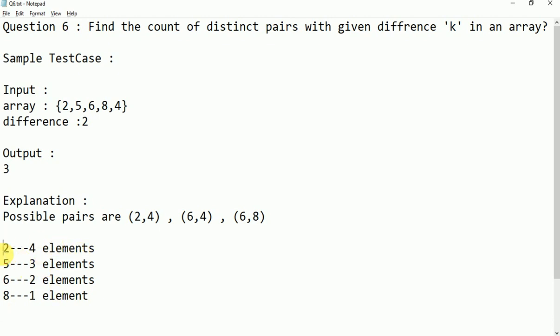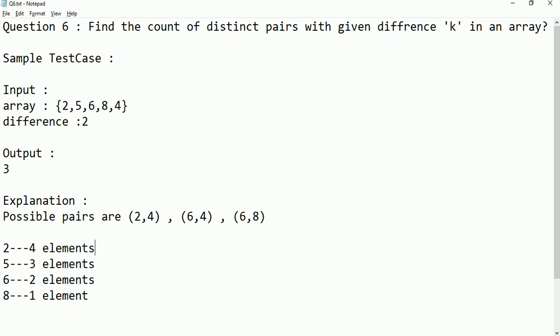So these many checkings are happening: 4, 3, 2, 1, like that 10 checkings are happening. So 2, 5 and 2, 6, 2, 8, 2, 4, like that it is going to check. If any pair matches with the difference 2, then we just have to increment the count.